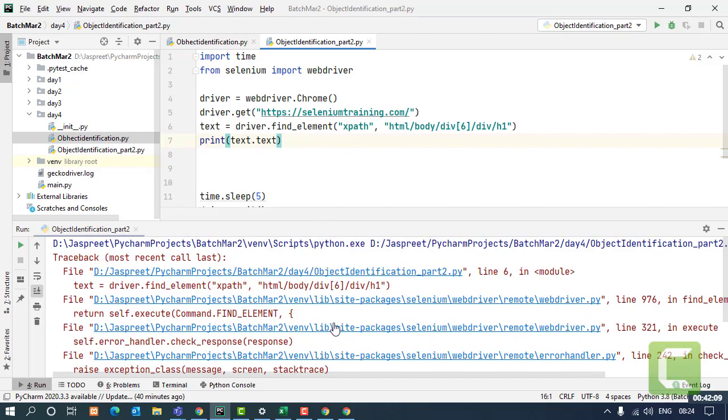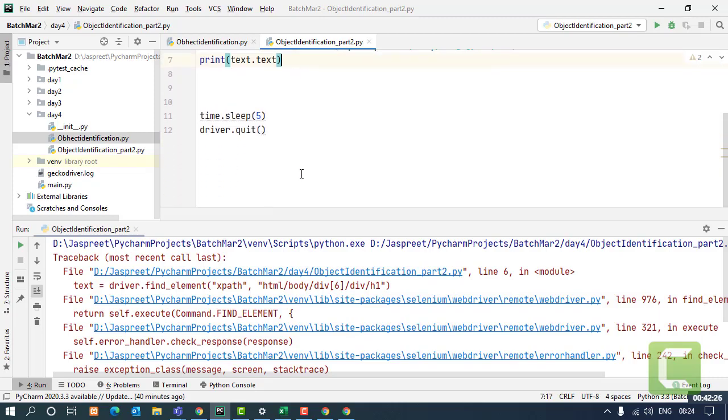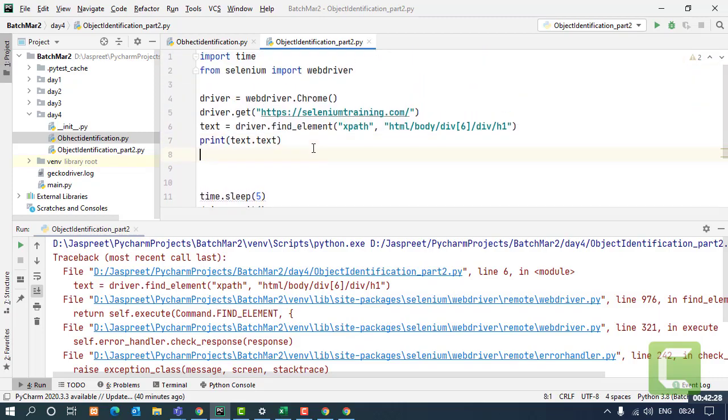I'm getting some exception because the page is taking time to load, and Selenium starts looking for the element as soon as the page loads. So my page is taking time to load, that's why I'm getting the exception over here. But there is no issue, we have seen the same commands working. If I do the same thing with the partial one, let's try with that as well.